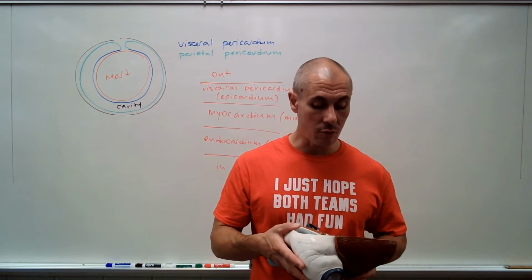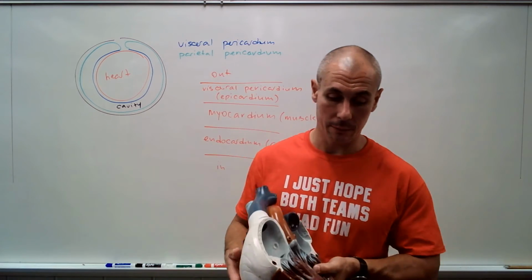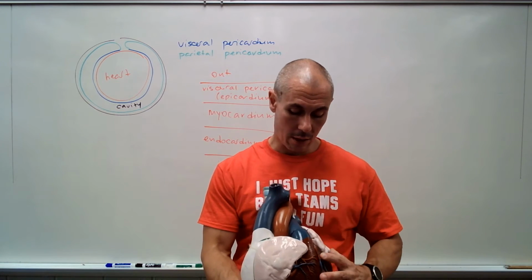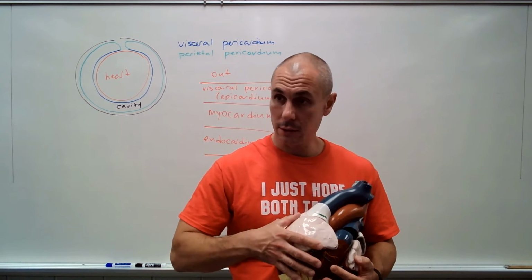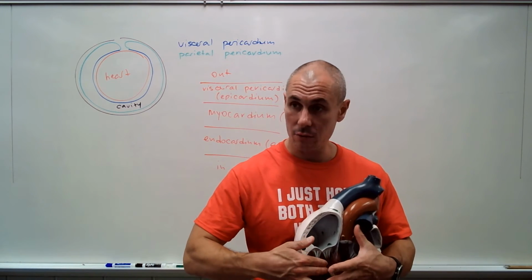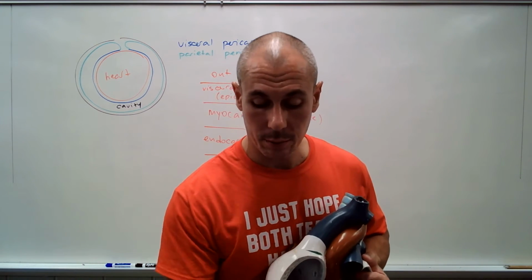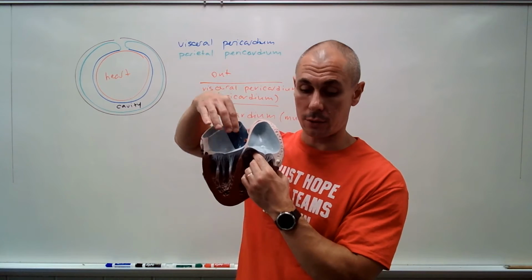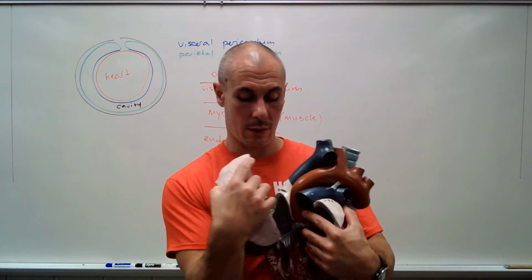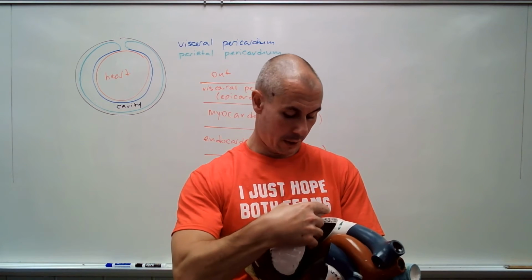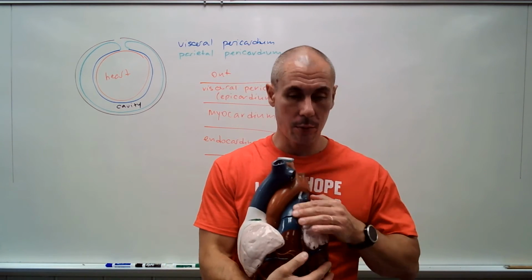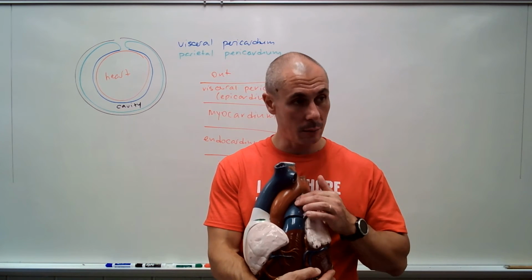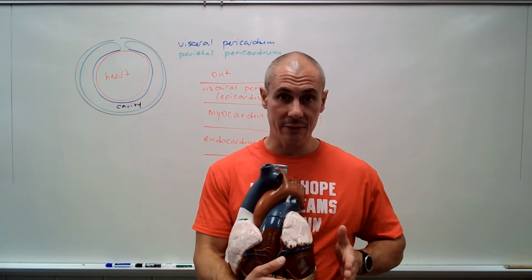Now, what about ventricles? So ventricles pump the blood. Specifically, you have a right ventricle that is on this side here. This right ventricle pumps the blood into the pulmonary trunk, which can be seen here. Do you see the pulmonary trunk here? So the right ventricle pumps the blood into the pulmonary trunk, while the left ventricle